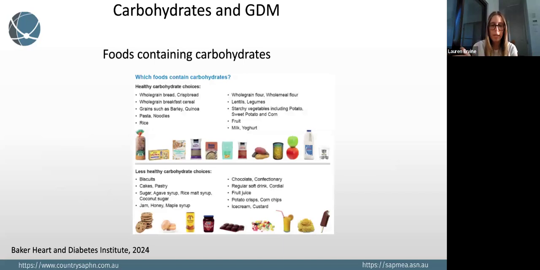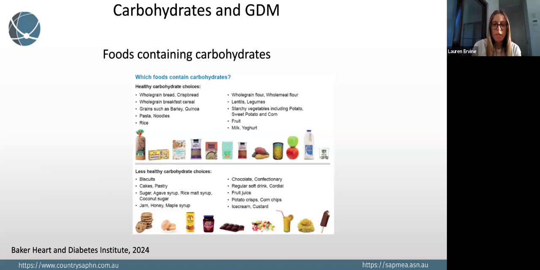Kathleen has touched on these, but it's always good to see them again. So the foods containing carbohydrates, not necessarily a good or bad thing, just that they do. So typical everyday foods might be your breads and cereals, pastas, noodles, rice, potatoes, sweet potatoes, milks, yogurts, and fruit. And then your discretionary, sometimes foods that have carbs would be biscuits, cakes, pastries, sugars, honey, chocolate, chips,